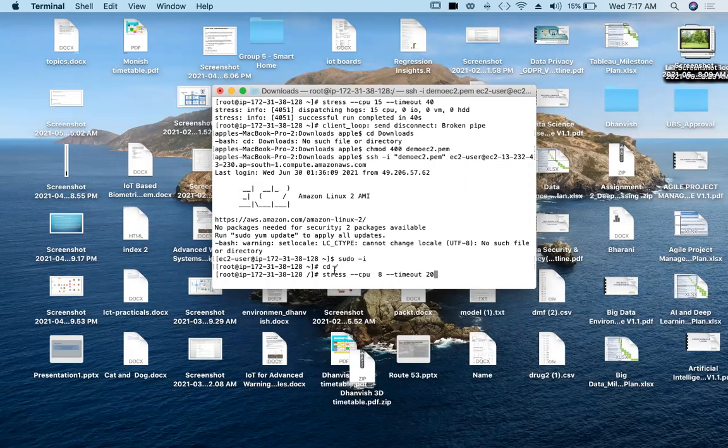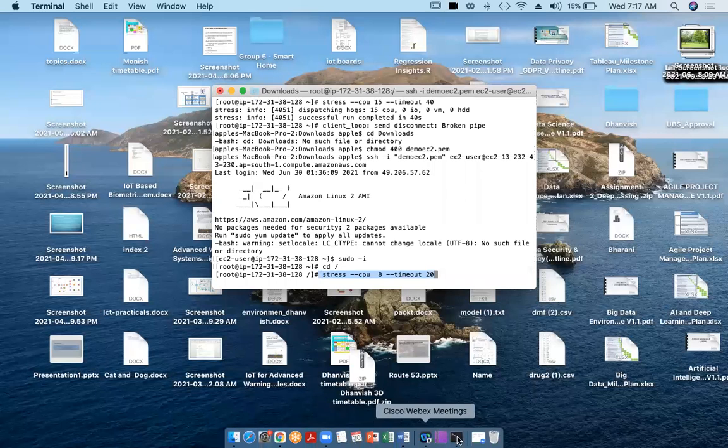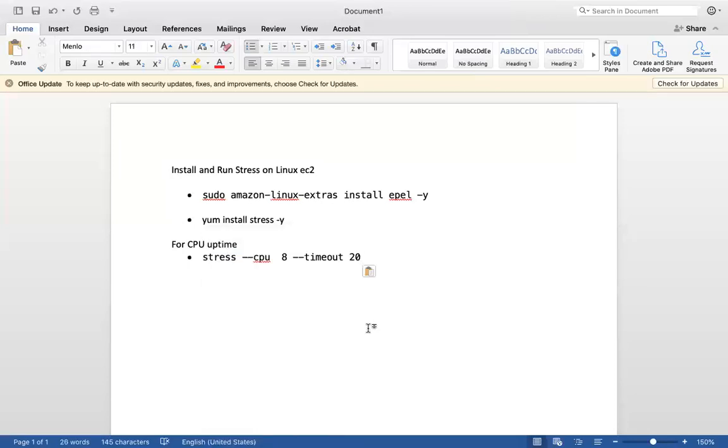So this is the command. Yes, you can take a screenshot of it and try it later.